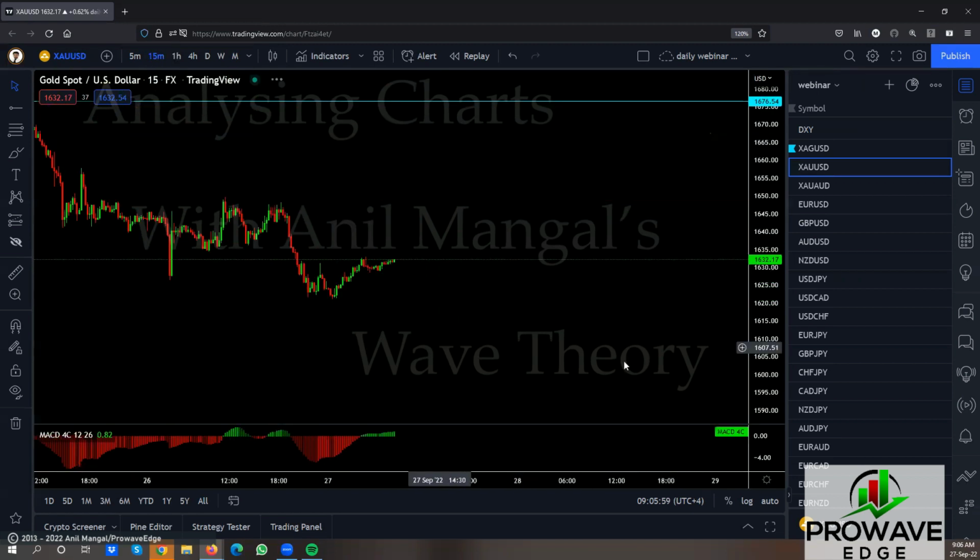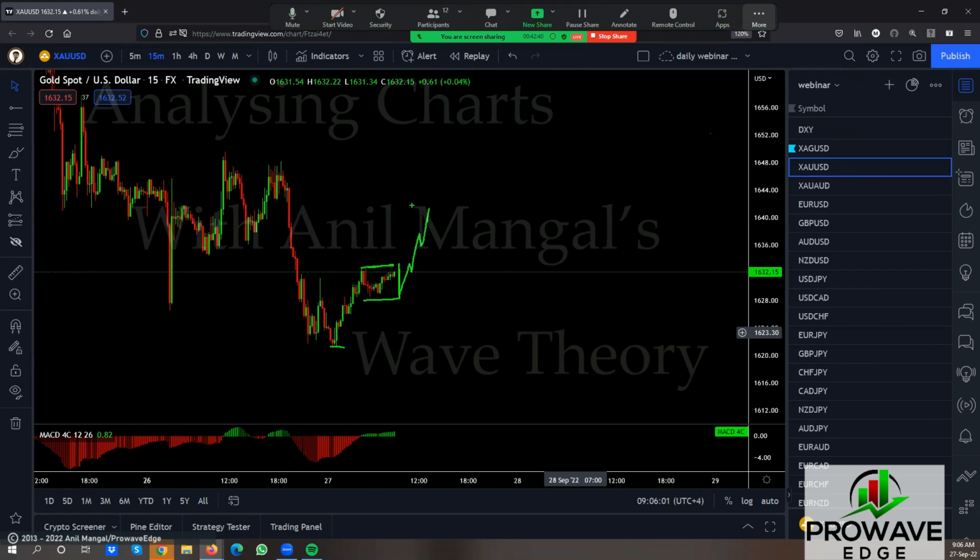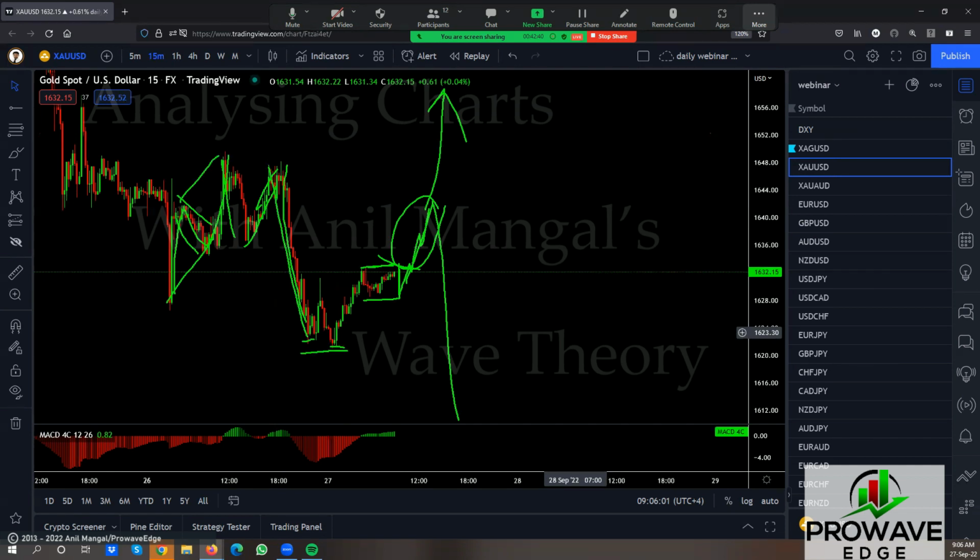Not the buy, not the sell, not even on the 15. So on the 15, we can make an argument for this being the low. If this gives us a flat here and comes back to this level, you want it to come back here, we could start with a buy setup for this move only. And hope that that is the takeoff, because it's going to do this and then it could drop pretty much like this, right? You get a 1, 2, 3, it drops, you get a correction, it drops. I don't think this belongs to, this could be the final low, right? Because you had a small correction here too. So that could be the final low.